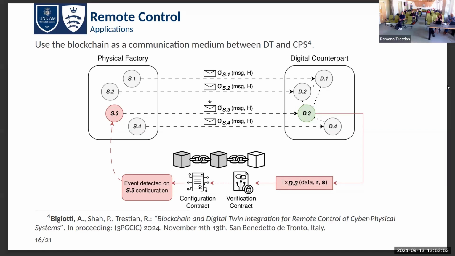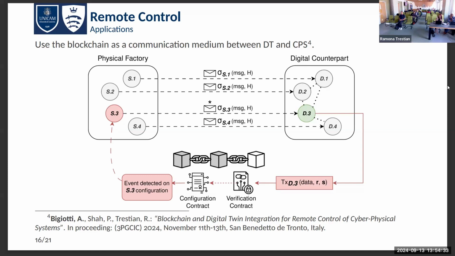So the idea is to empower the IoT sensor with a lightweight cryptography scheme with which you send messages to the digital counterpart. The digital counterpart is not a central software, but is a distributed software for which each device is tied to its sensor. And the question is how can we send the message back to the physical factory in order to maybe change the behavior in case of, for example, an anomaly or in case of malfunctions, in order to prevent any damage or limit the damage if something bad is occurring.